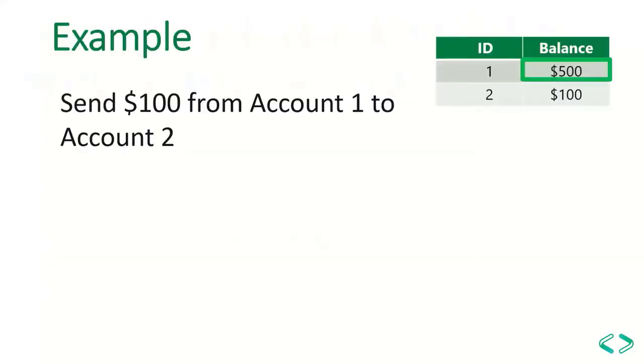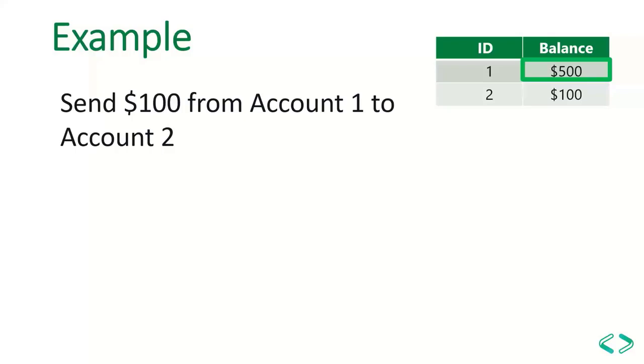So let's see a very simple example ensuring these ACID properties. Let's take a simple bank transaction in this particular example. In that transaction, we have two operations, right? For example, I have a balance of $500 in my account, which is ID 1, and I would like to send $100 to my friend's account, which has an ID of 2.